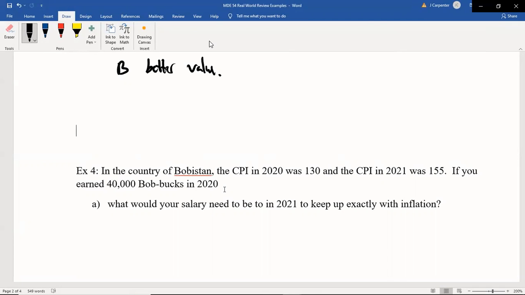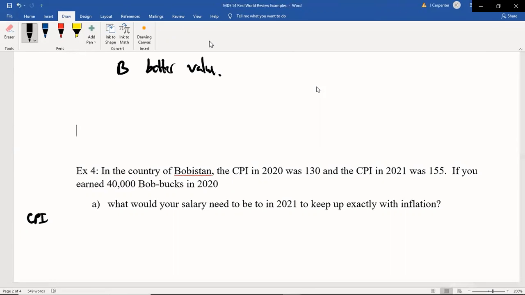How much more money do you need to actually make to ensure that you're able to have the exact same lifestyle as before? Well, we're going to do proportional reasoning here. We're going to set a fraction equal to a fraction. And remember, you can use your words. It's good to use your units. So we're going to put Chuck E. Cheese tokens. That's great. So we're going to put our CPI